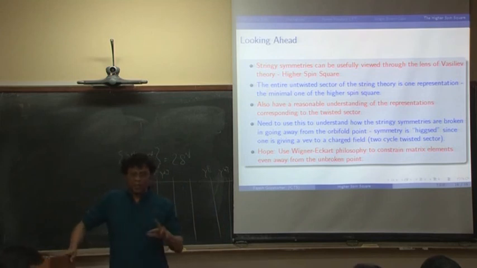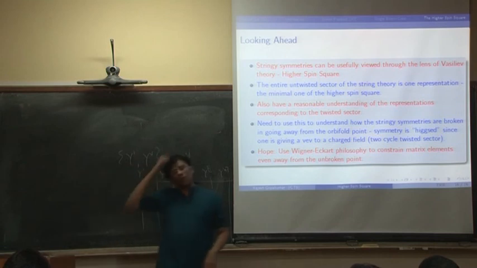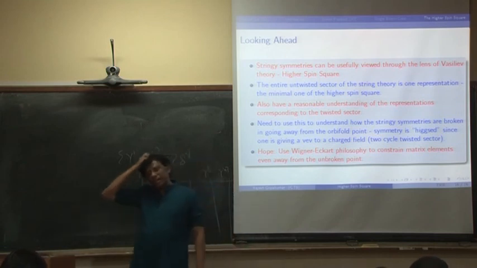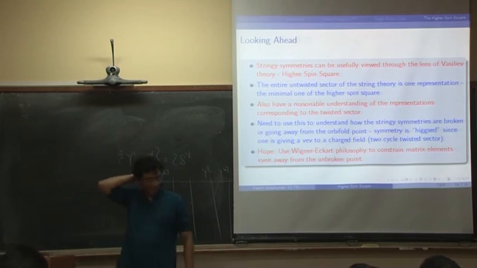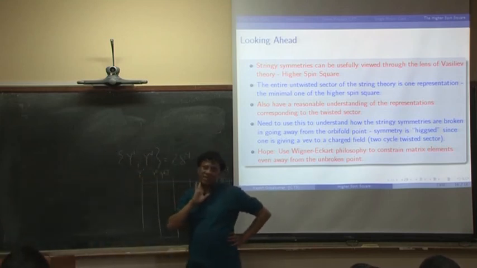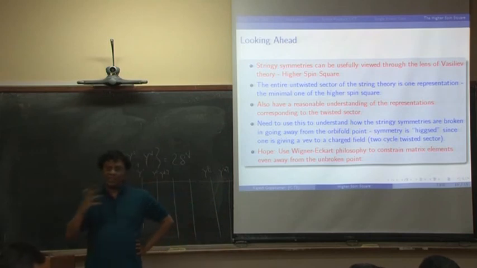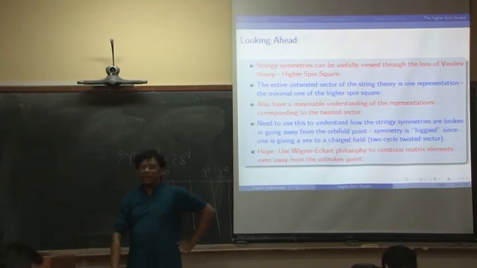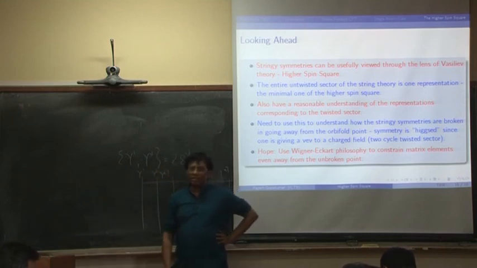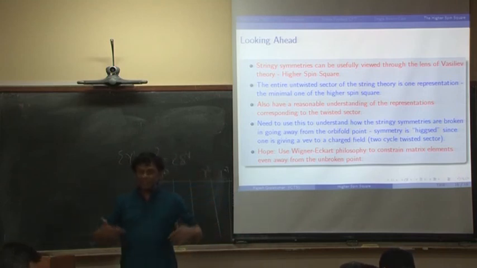It's a bit like open-closed strings, I think, in the sense that in the loops of the open strings you have to add the closed strings. So maybe here this is the only way to get it at the quantum level. At the classical Vasiliev theory you won't see this, but in the torus partition function you need to add